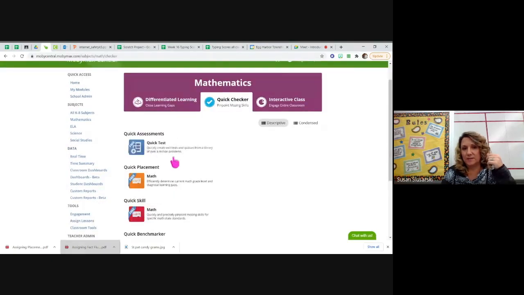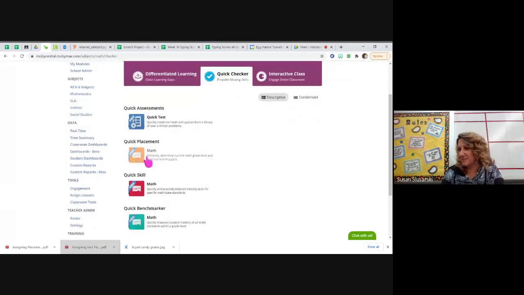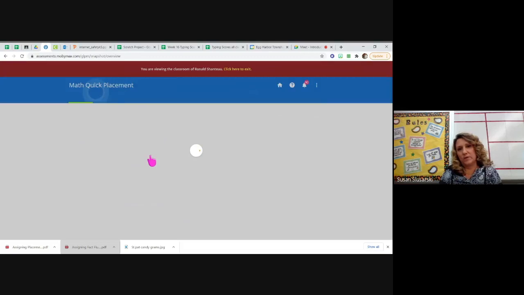So there's a test. This is the placement test. This is the test that you guys are assigning, and some of the students are taking now and next Monday, or however you have it spaced out. But this is the placement test. Right now they're doing fill the gaps, so they're just taking a small test. But if you went in here, so if I went in the quick placement,